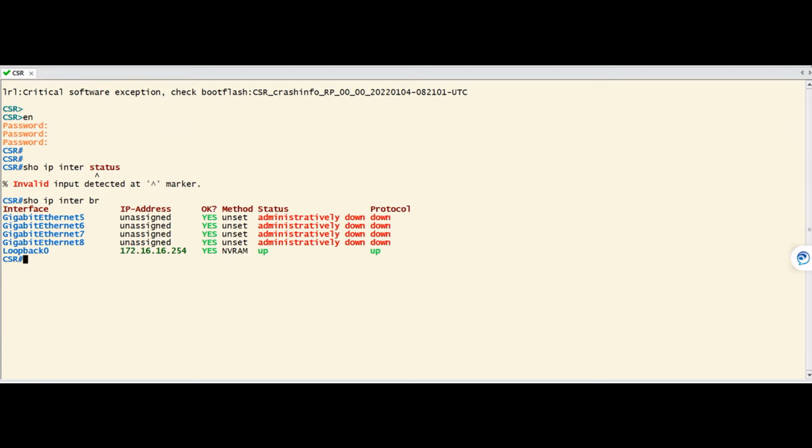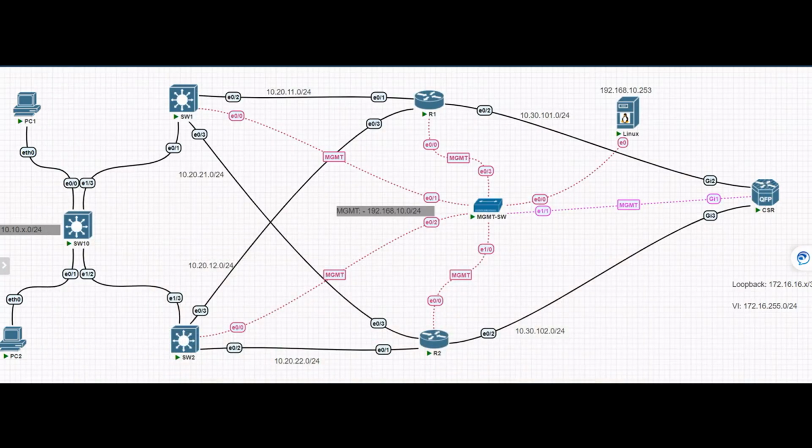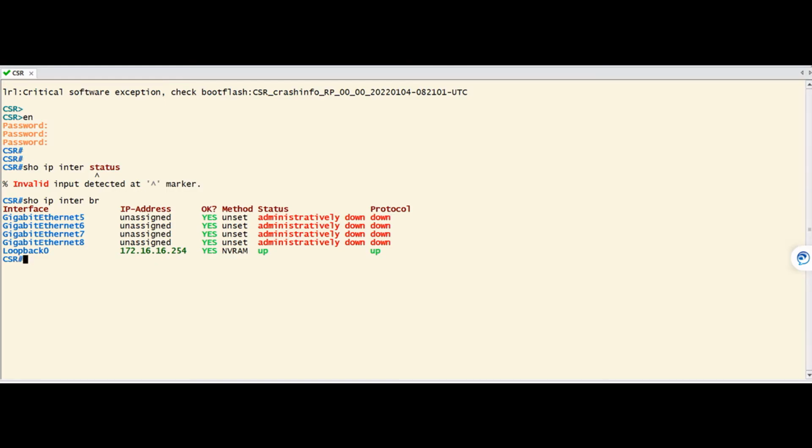As you can see, it shows wrong interface IDs like gig5, gig6, gig7, gig8, but the actual interface IDs are gig1, gig2, gig3 and gig4.